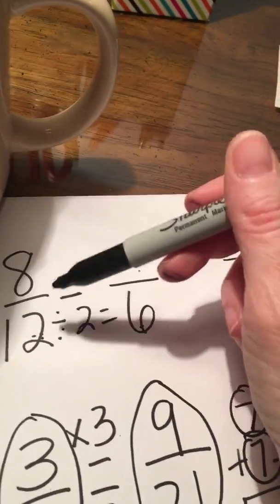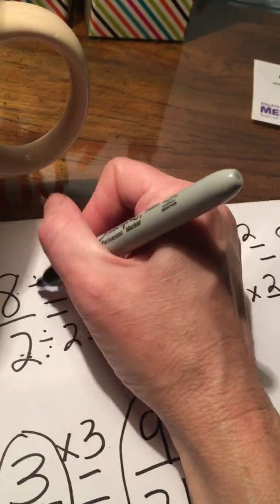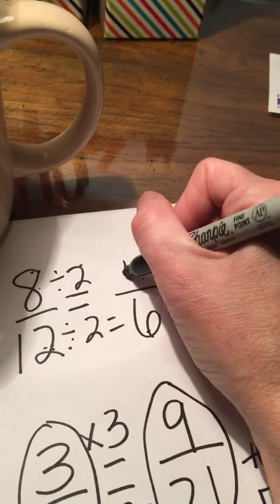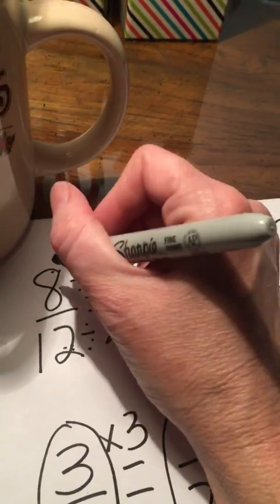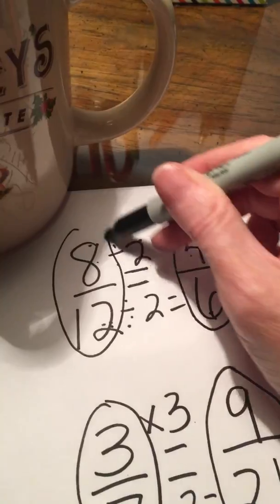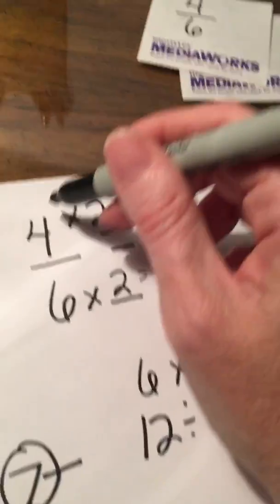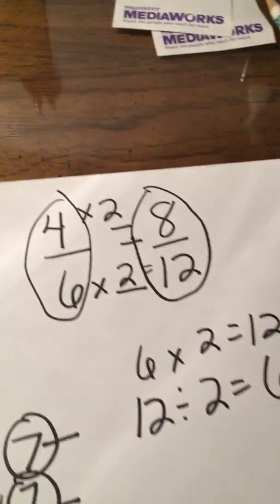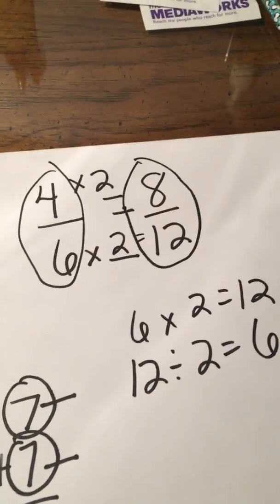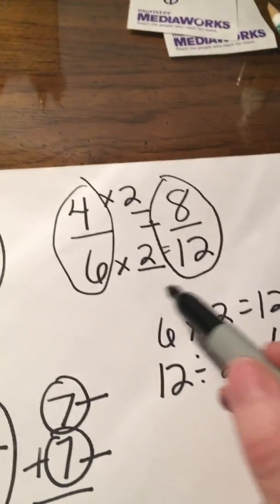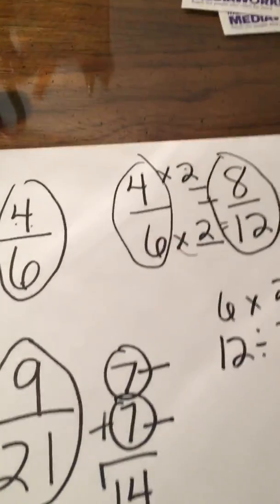Okay? So now 8 divided by 2. So what times 2 equals 8? Well, I know that 4 times 2 equals 8 because of my fact family. Okay, so I can see that 4/6 is equivalent to 8/12, just like when we flipped the fractions around and found out that answer. They would be at the same place on the number line, take the same amount of space in a model, and our multiplication and division checks that these are